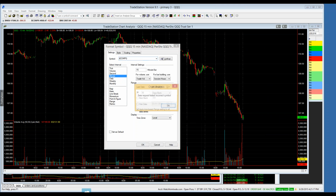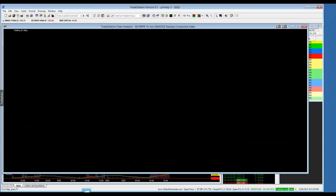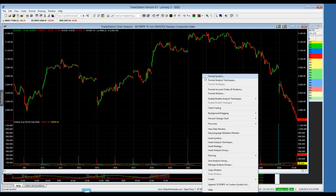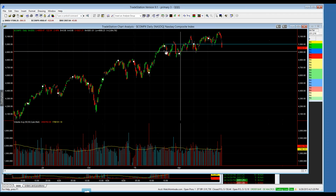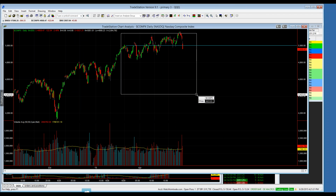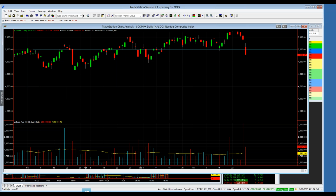Let's see if I can get this ticker here. So this is the NASDAQ Composite Index, and I just want to show, similar to the S&P, this action at 5,000 on the NASDAQ. A little bit ago, I put a trend line at 5,000 because it had been resistance. You see it acted as resistance in March and then again in April. And then it finally looked like May was starting to advance above it, and then we back tested it in June, held it and bounced, and looked like we had turned 5,000 into some support on the NASDAQ,